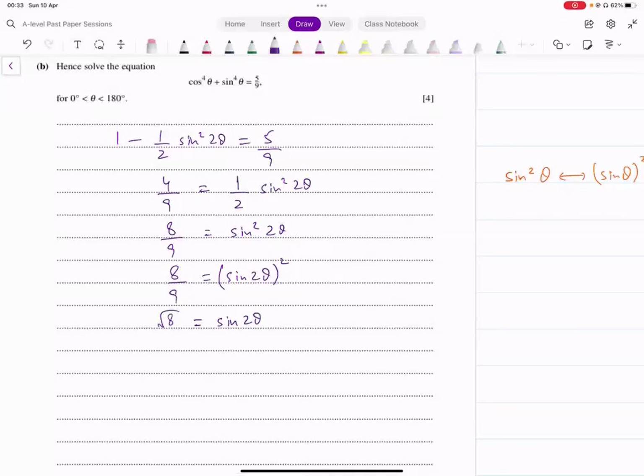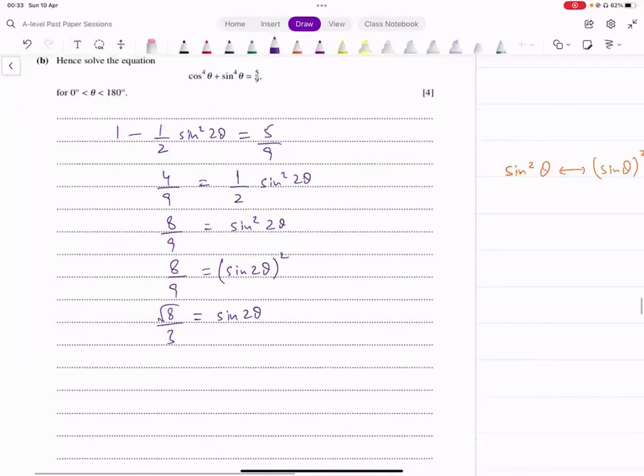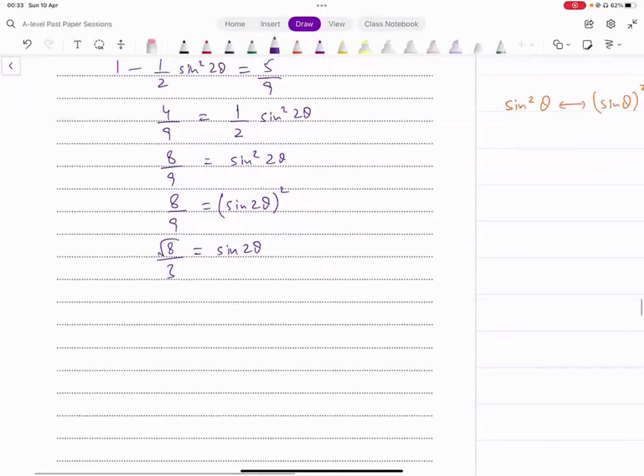Square root of 8/9. Are we missing something here? Is this fine? ये बहुत सारे लोग ये कर देते हैं, एक चीज यहाँ पे मिस कर देते हैं, वो क्या चीज है यहाँ पे? प्लस माइनस, राइट? प्लस माइनस हमने मिस कर दिया। स्क्वायर रूट जब भी लेते हैं प्लस माइनस लगाना होता है,